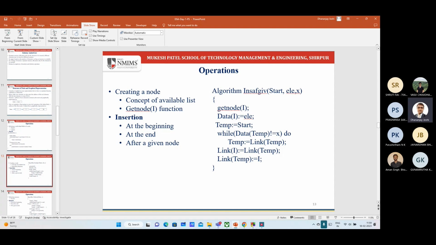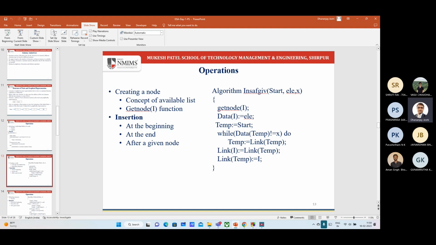सपोज कीजिए कि मुझे 20 के बाद में नेक्स्ट में कोई एलिमेंट इंसर्ट करना है, सपोज कीजिए 20 के बाद मुझे 25 इंसर्ट करना है, ठीक है। Like there may be different cases, we want to insert at the beginning, we want to append at the end, we want to insert in between by specifying the position, या मैं कोई स्पेसिफिक एलिमेंट स्पेसिफाई कर रहा हूँ उसके नेक्स्ट में मुझे इंसर्ट करना, ओके।